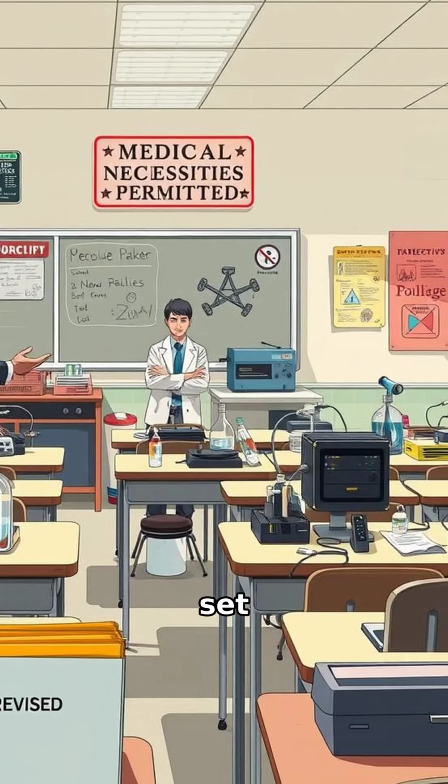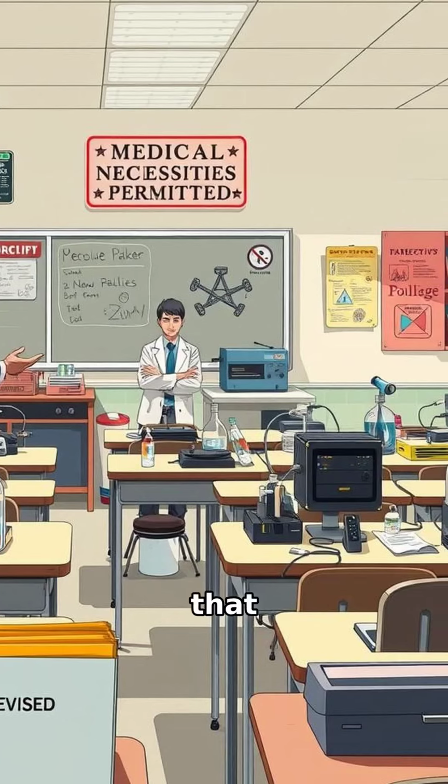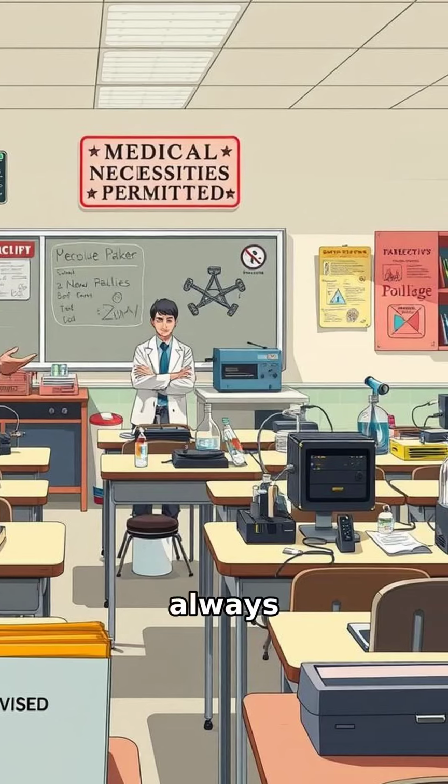Alex still keeps that chemistry set on his desk, now as a reminder that when someone insists on rigid rules, there's always room for technically